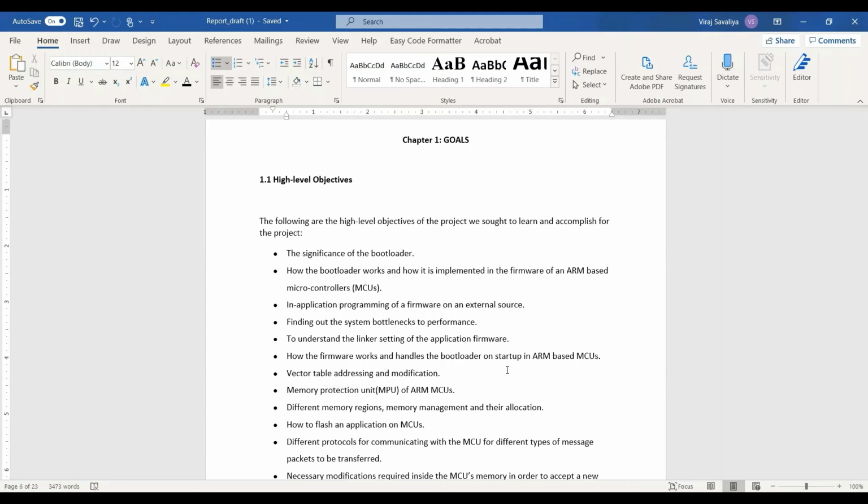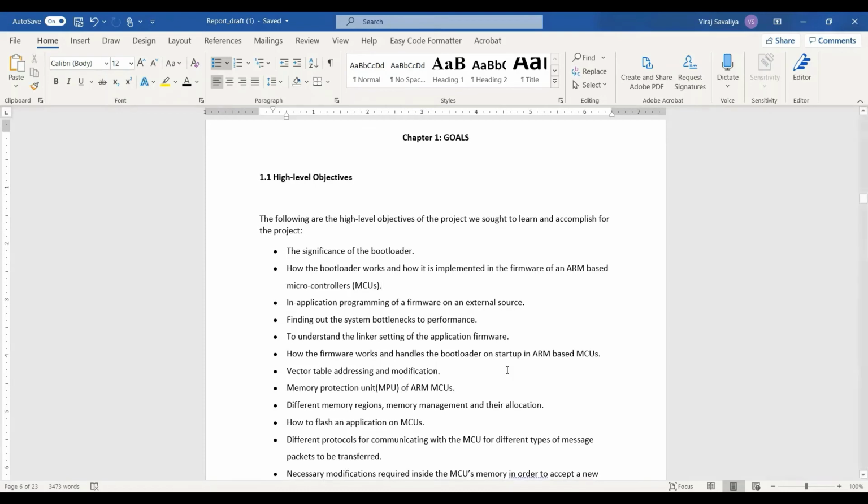Modifications need to be done in the linker script for the applications and for the bootloader, so that it could be loaded to a particular location. And the flash erasing, memory protection, taking care of how memory is allocated for each application. All these are the goals for the project to be taken care of. And we will make a bootloader in which we will load applications one by one, and we will tell how many applications are currently loaded, and the user can ask to run any application which he or she wants to run. So that is the goal of the project.